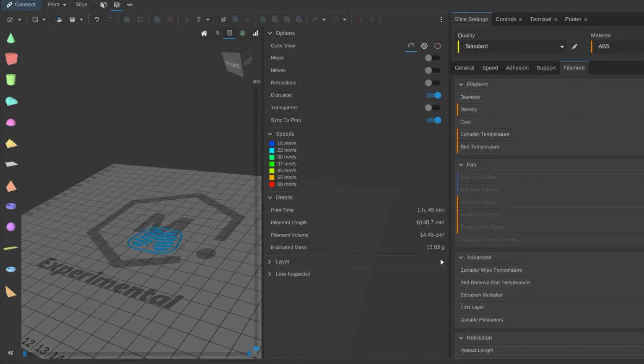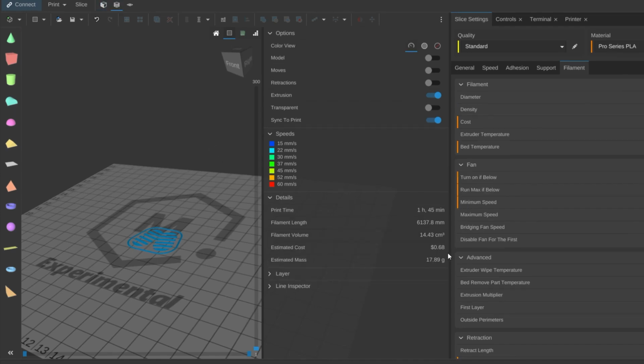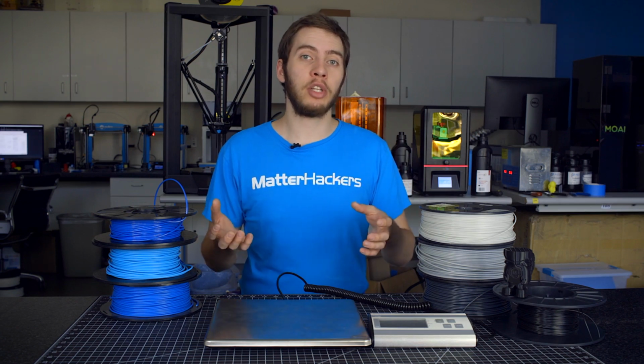Like for example, ABS is around 1 gram per cubic centimeter and PLA is around 1.25 grams per cubic centimeter, which means if you leave in one value and meant for the other to be entered, your filament estimate could be 25% off. I would suggest creating a spreadsheet listing all the different filament brands that you use along with